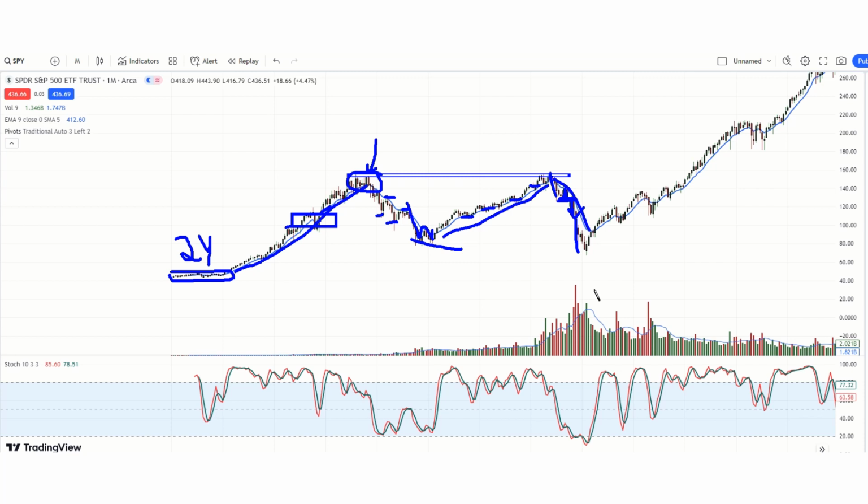And what happened here? The flush out of volume. See the flush out of volume right there? I'm going to put an arrow right there. So then we came off this bottom, and then look at the volume in this area. That's when all the big money came back in to this market, March of 2009. Now, we had quantitative easing holding the markets up. They were printing, and they gave the money to the banks, and the banks bought in.